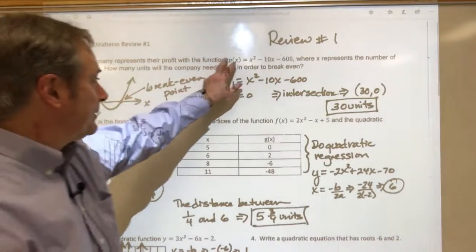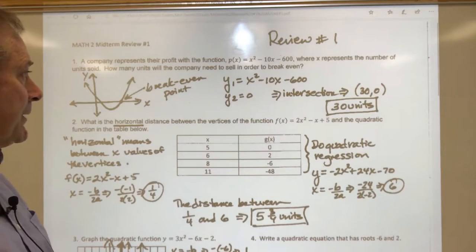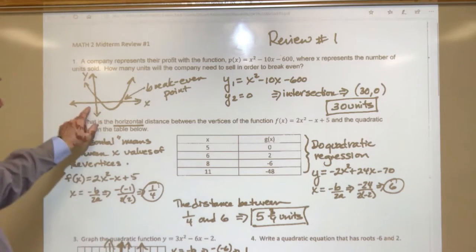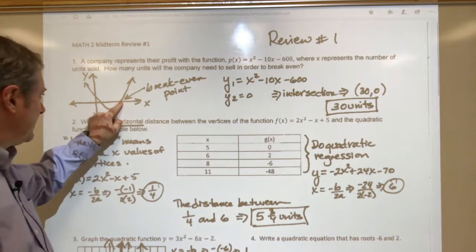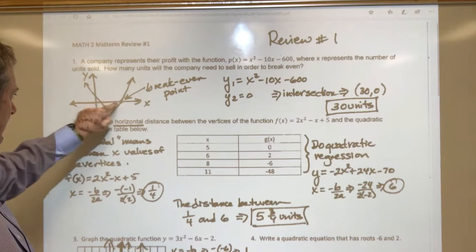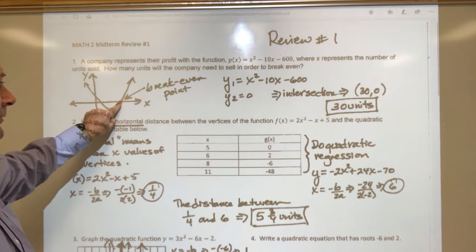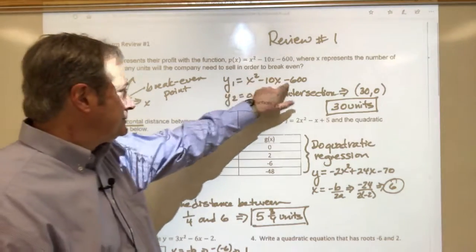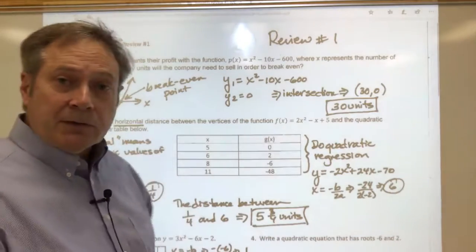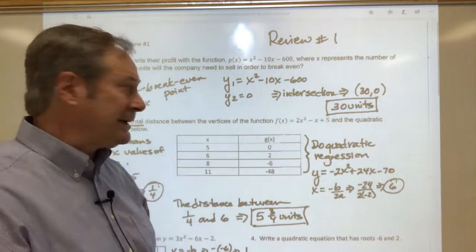We've got a company with the profit represented by that particular quadratic equation. X represents the number of units. How many will they need to break even? Well, break even means that they hit 0 on the y-axis. I know that it's there, but we're referencing the up and down here. So all you've got to do is plug it in, y equals menu, find the intersection, go second calc, number 5, move the cursor to where that intersection is and hit enter 3